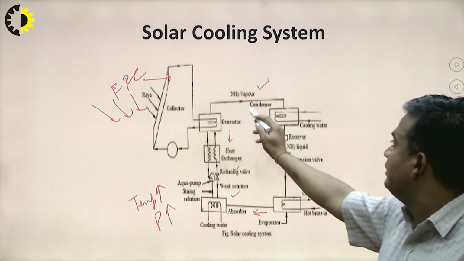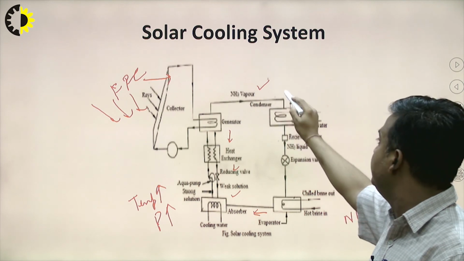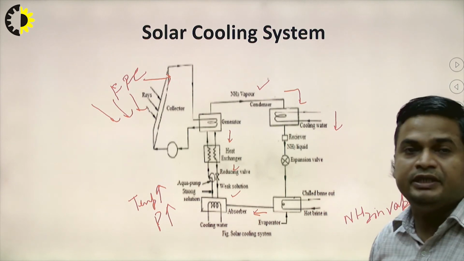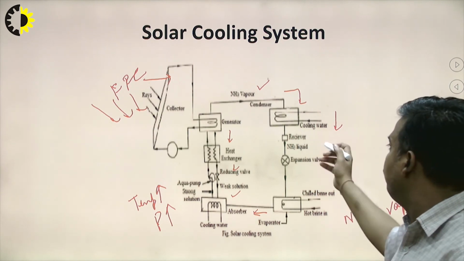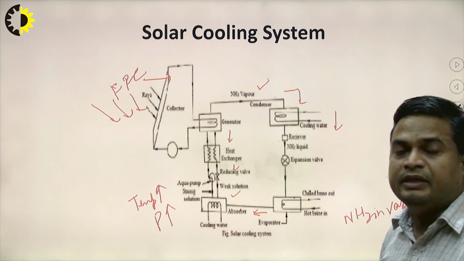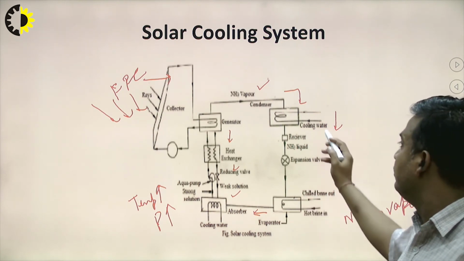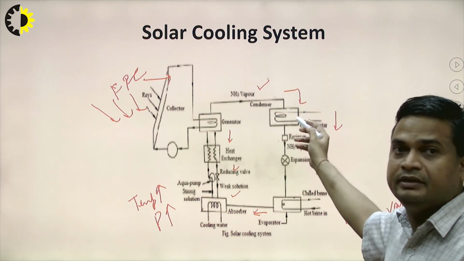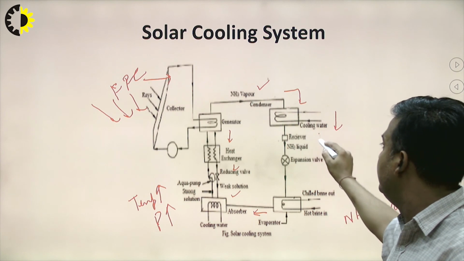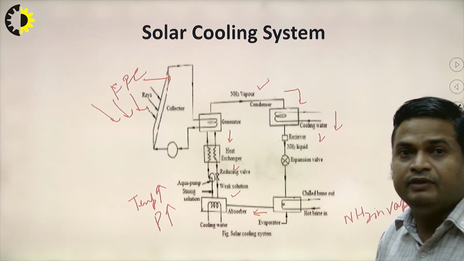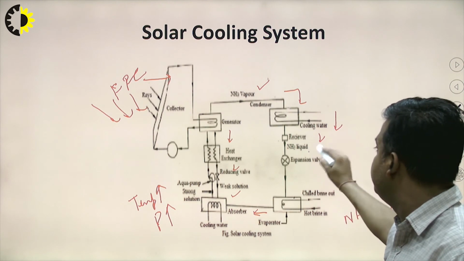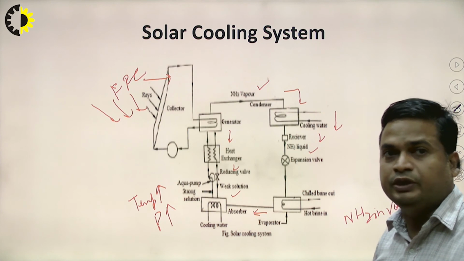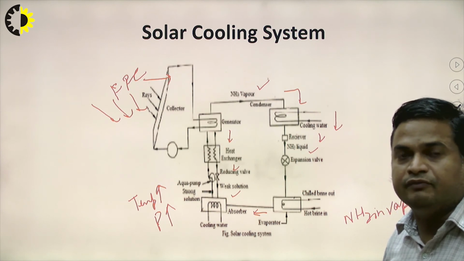Now after the ammonia is converted into vapor form, it flows in this direction and there is a condenser. The purpose of the condenser is to convert the ammonia into liquid form. So the temperature remains constant, but only the phase changes. We are using cooling tower water. Cooling water takes the energy and converts this ammonia vapor into liquid form. Now there is a receiver, where the liquid ammonia is stored, then an expansion valve is there. The purpose of the expansion valve is to reduce the pressure and temperature of this ammonia.